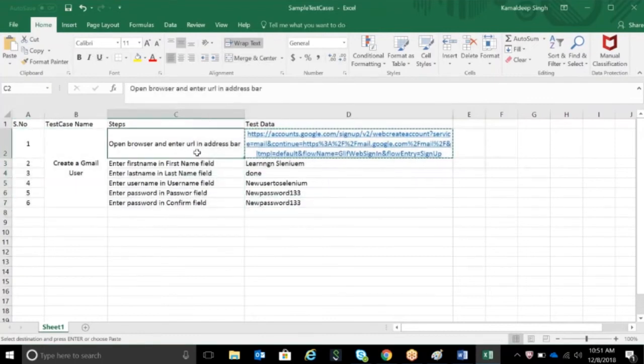So I will read this one. Or another example, I wrote this test case, but tomorrow I'm not sure that I'm going to test it. You have to test this functionality. If we don't have these test cases, then again you have to go and read those specification documents again and again. But if we have these test cases handy, then you will follow this step by step and perform your operations, right?